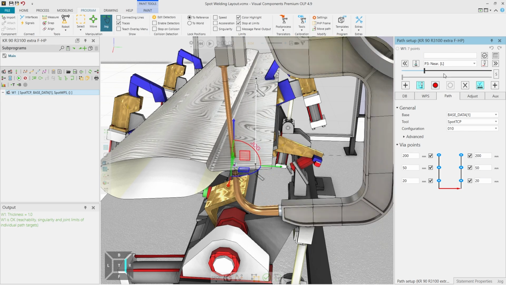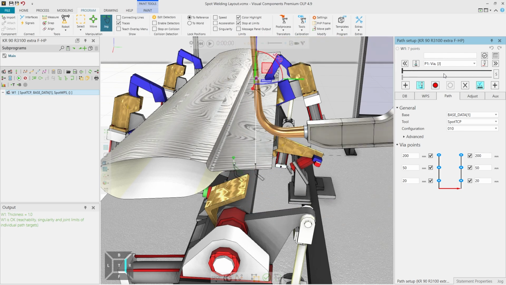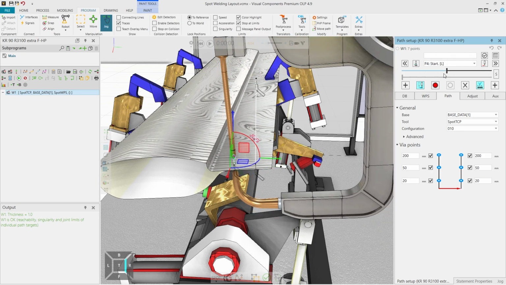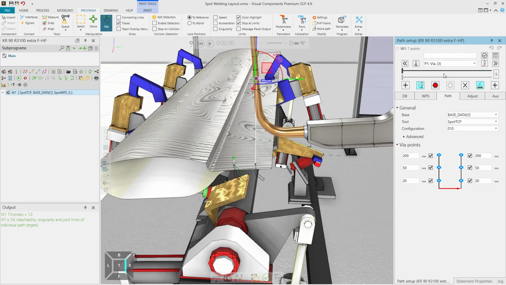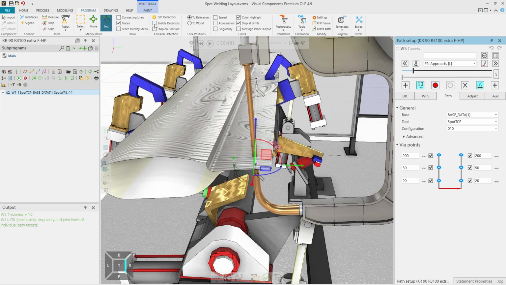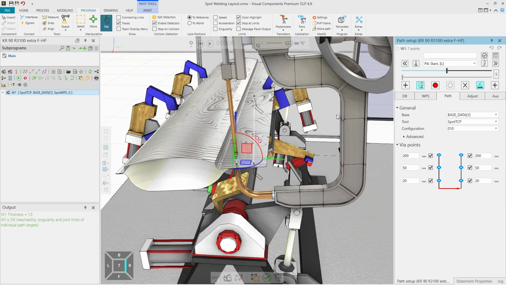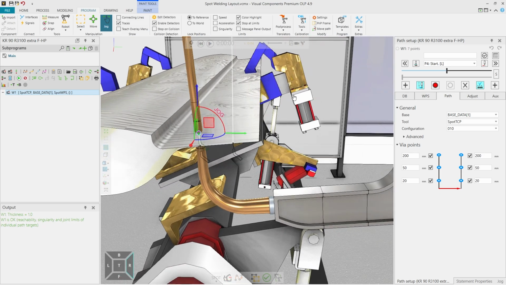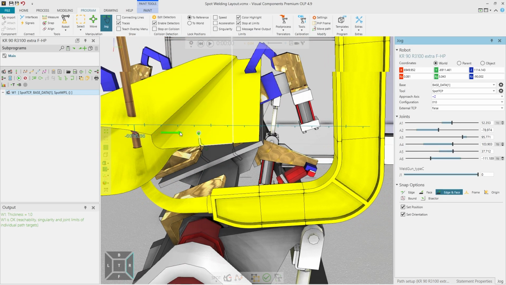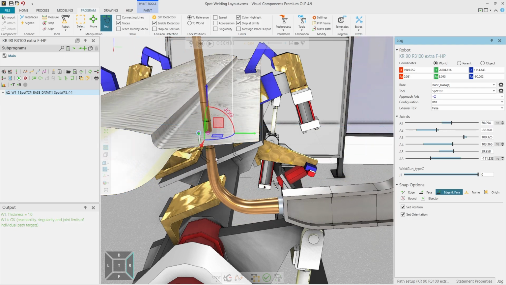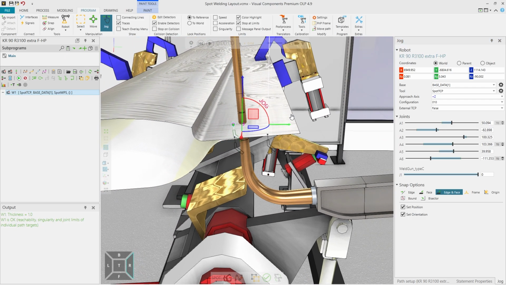When we move into the spot weld, we can see that the approach motion seems to be quite correct, but it's not going far enough. And if we enable our collision detection, we could see if there is any possible collision between the actual torch geometry or the robot and the workpiece. We can see this by moving the arm further away. The actual contact tips are not included in this collision detection because they will anyway contact the workpiece.